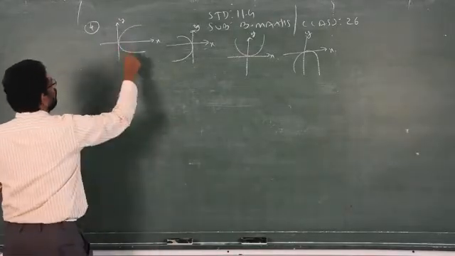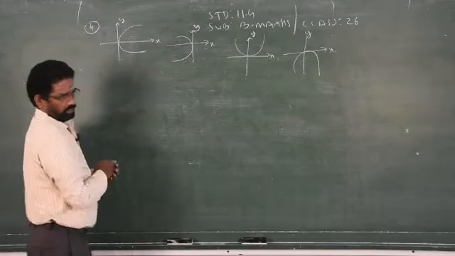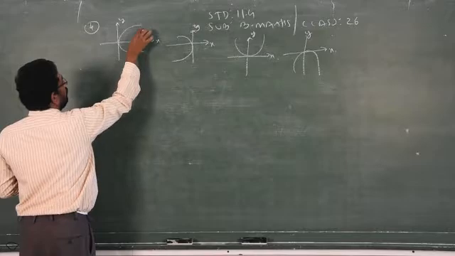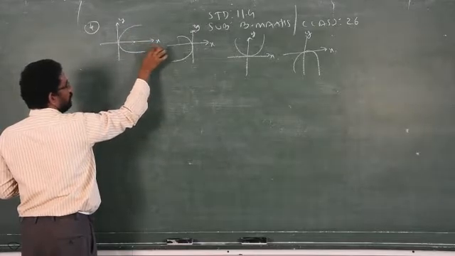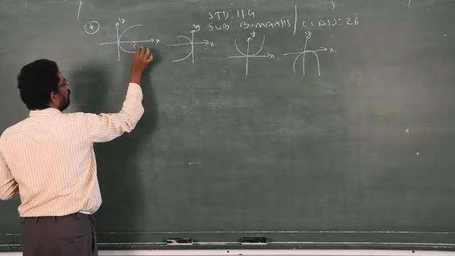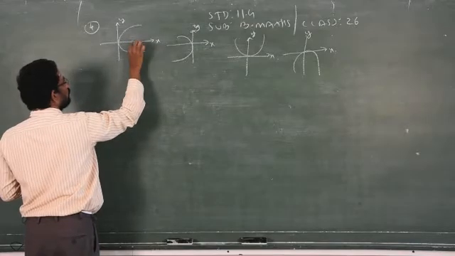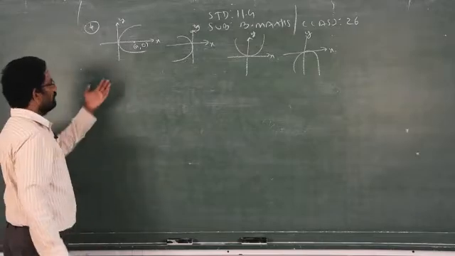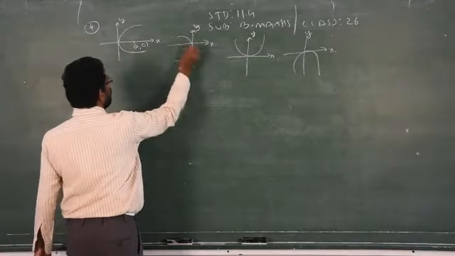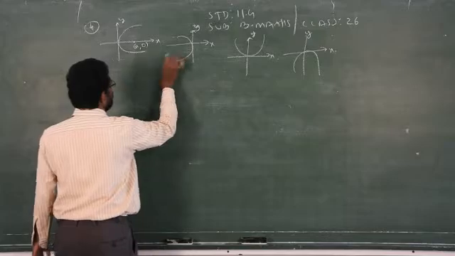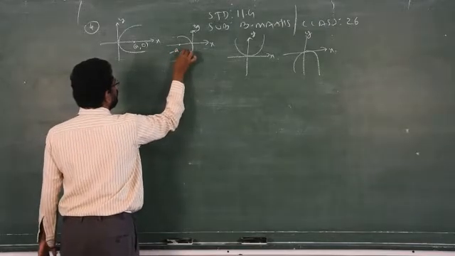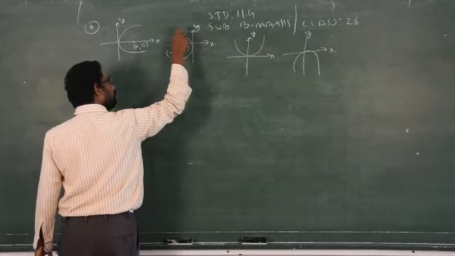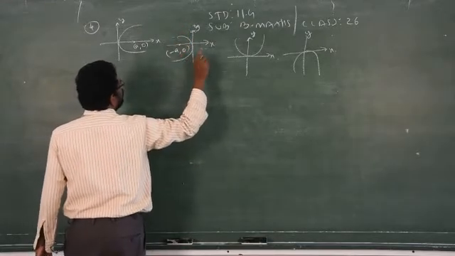Okay, now this parabola contains which axis? X axis. Therefore, focus would be always on the x axis. The parabola contains the x axis, not the y axis. Therefore, focus is always on the x axis. For a point on the x axis, y will be 0. I don't know what the point on the x axis is, so I take it as a. Similarly, this parabola contains the x axis on the negative side, therefore it will become minus a comma 0, because on the negative side the signs are plus minus, plus, here minus minus, here plus minus.